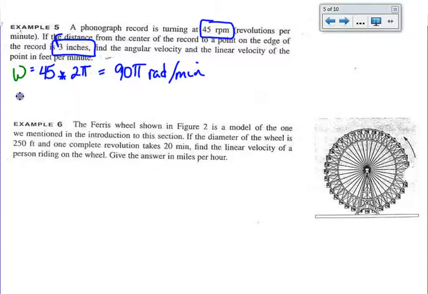Then, if I want to find linear velocity, we have a bunch of formulas to choose from, but I think I'm going to use the formula that we just came up with, which was linear velocity is your radius times your angular velocity. So our radius was 3 inches, and now we know our angular velocity. So radius times angular velocity would be 3 times 90 pi, and inches, radians per minute, if we think about how this is going to work out for us, the radians are going to cancel out, and we're going to come up with 270 pi inches per